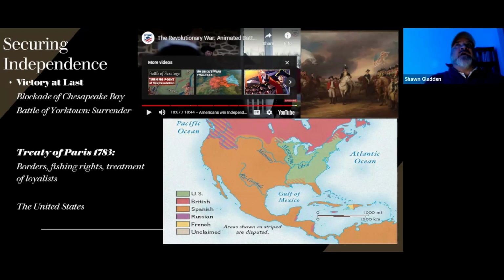I think that's really the best way to describe this, is that they outlasted the British, who had just lost all popular support back home for this war. It establishes the United States once again as an independent nation and sets the stage up for a new era in American history. Now, I want to